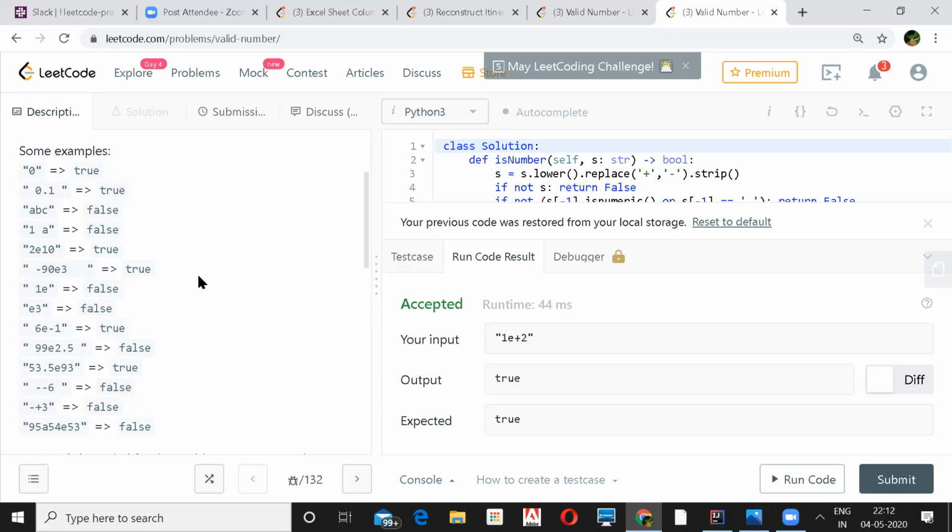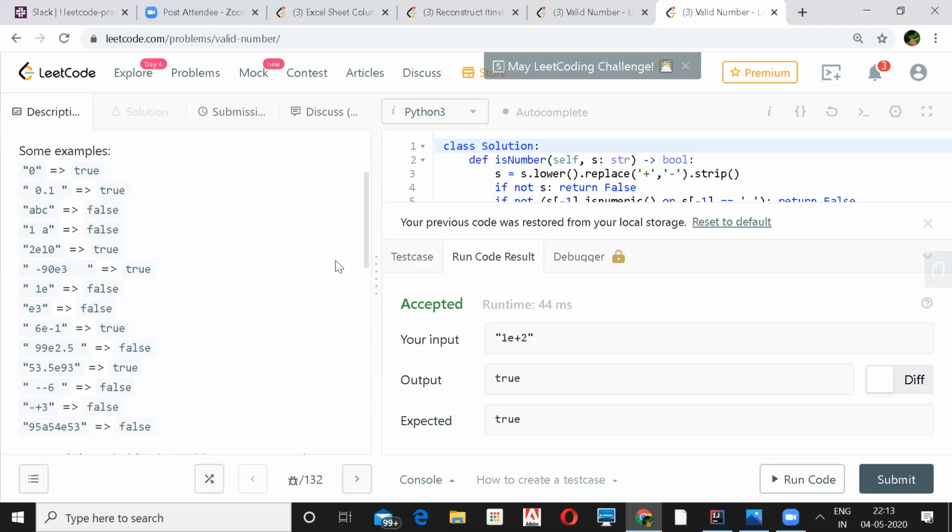Or we can take character by character: if it is E, take 3 continuous characters, E plus 2 more, and validate if it is a valid float. That's again brute force, but that is almost what it comes to.